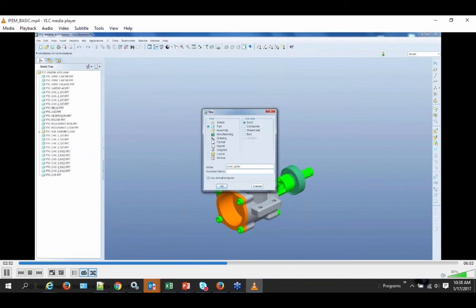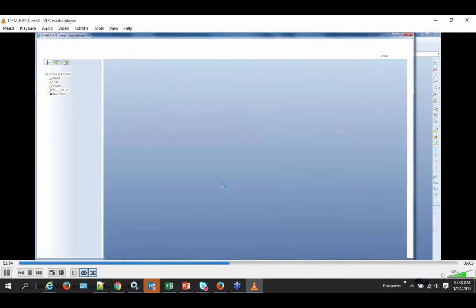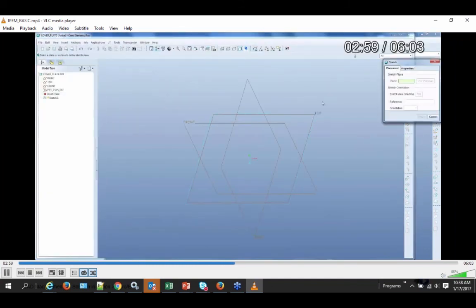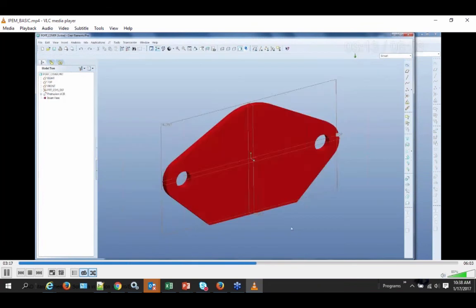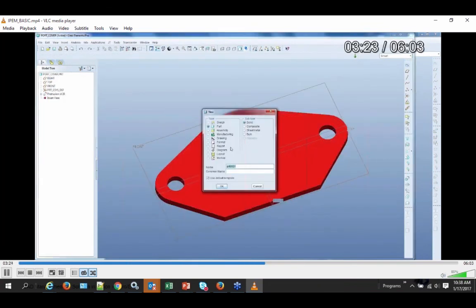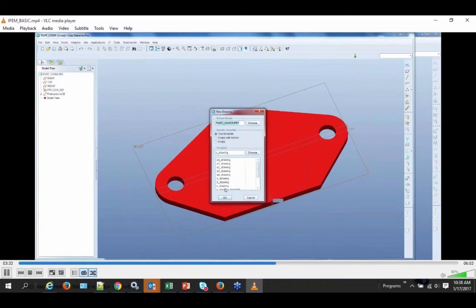I can also create a new drawing or a brand new part. So in this case, I'm going to create a new part. I'm going to do my 3D design. Then again, those are standard Pro functionalities. I can create a new drawing, right, with the right drawing template established. See here, again, it's showing me the templates available, just like it had shown me for NX, right? So I can select the one I want to select